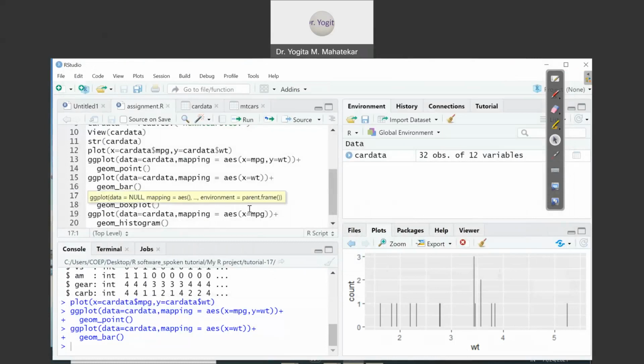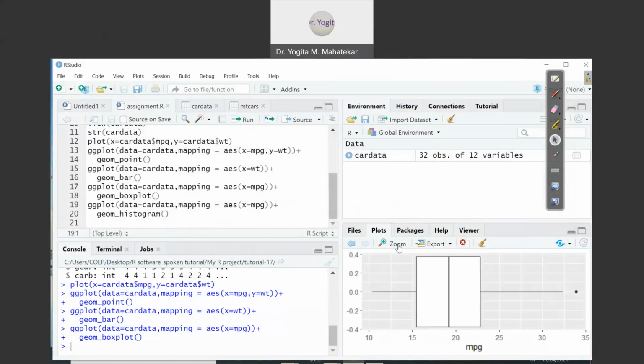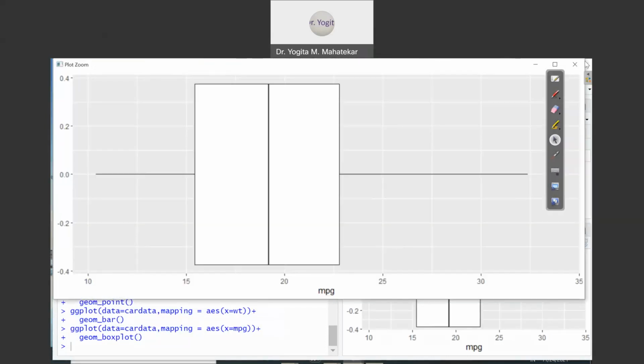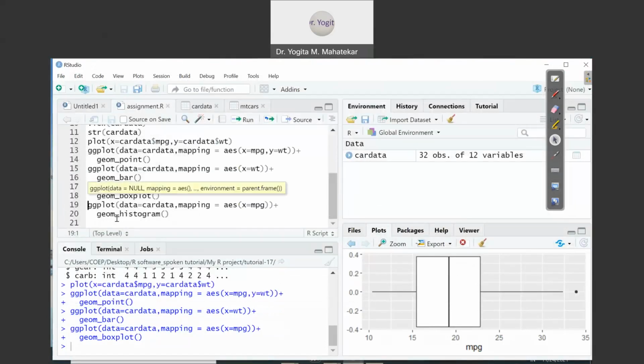Similarly, you can also draw a box plot, which is on line number 17. Let us compile, Control Enter. Now you can see the box plot has been drawn for MPG. And last but not least is drawing the histogram of MPG. First of all specify your data frame. Your data frame is char data.